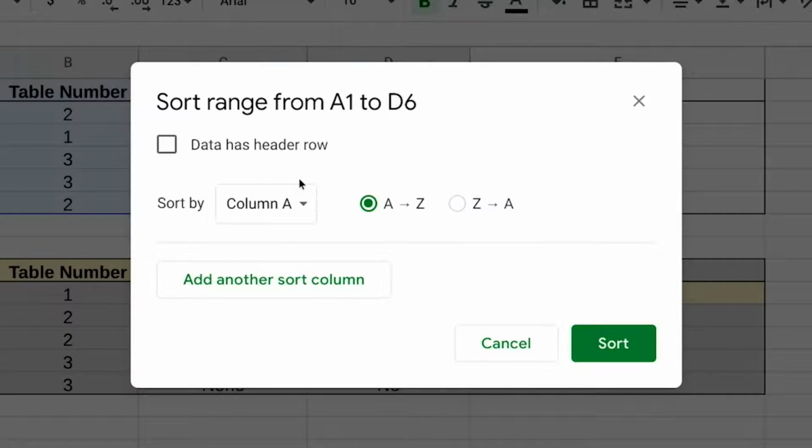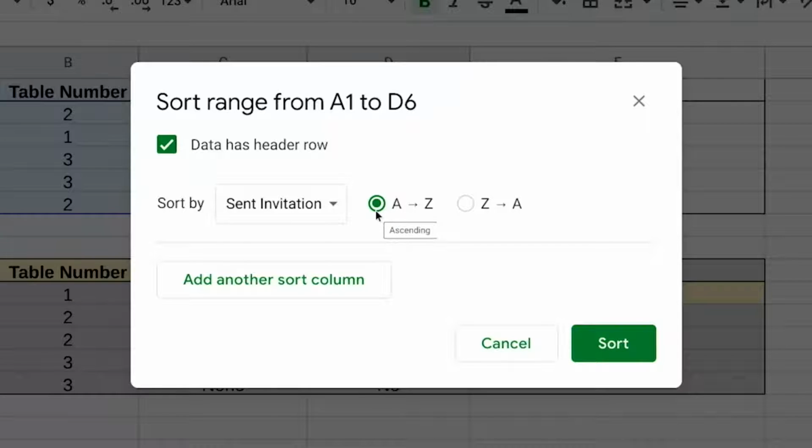In this case, check Data has a header row, which makes sure that the title of the column isn't mixed into the sorting. Then we'll make sure it's being sorted by sent invitation. Here we want the no responses first and the yes responses second. So we'll make sure A to Z is clicked to sort the responses in that order.